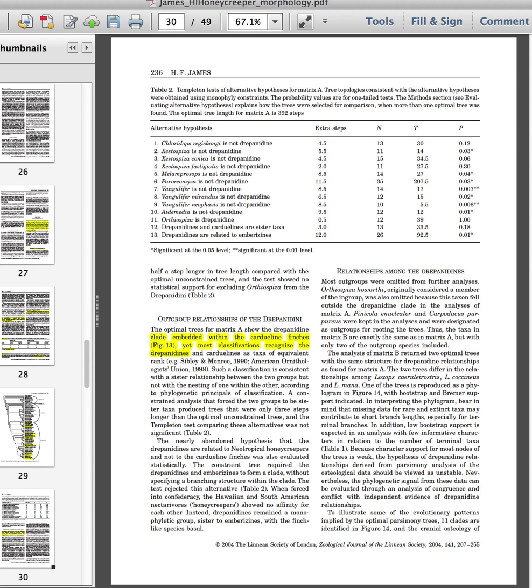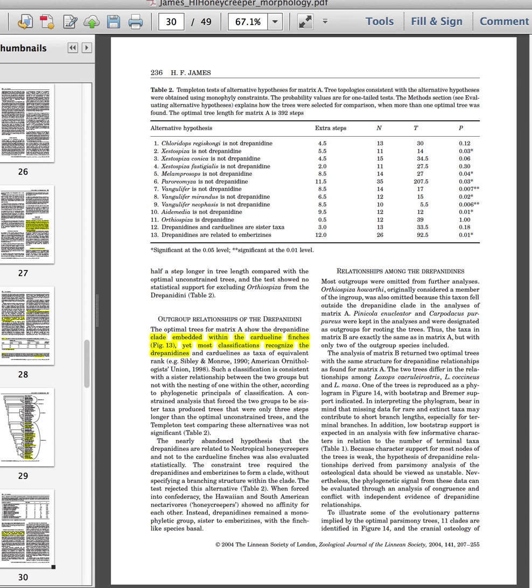How likely is it that some of these crazy fossil forms are honeycreepers or drepanidines? So 1 through 11 are based on that, and we're not going to focus on that for our reading of this paper. But 12, she wants to know if the honeycreepers and the cardinalines are sister taxa rather than honeycreepers